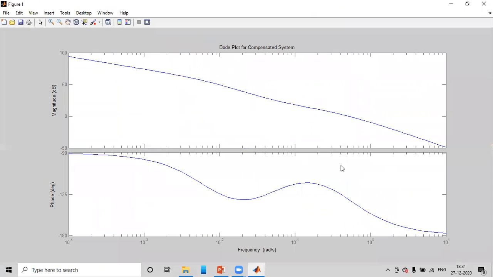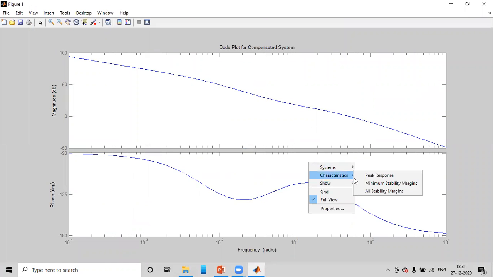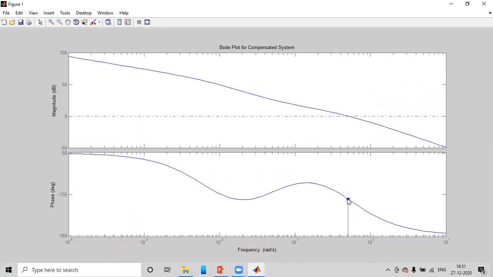So this is the graph. You can check the frequency. Gain crossover frequency, how much is there? So the phase margin is 39.9, almost 40 degrees, at a frequency of 0.5. So this is the gain crossover frequency. That means where the magnitude is 0. That is the gain crossover frequency, almost 0.5 radians per second. Right? And based on that, you can identify the phase angle at the gain crossover frequency. Like this, we can design the lag compensator.